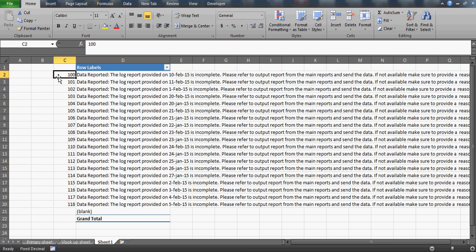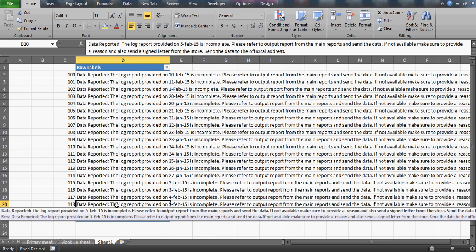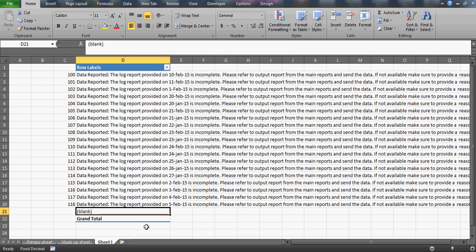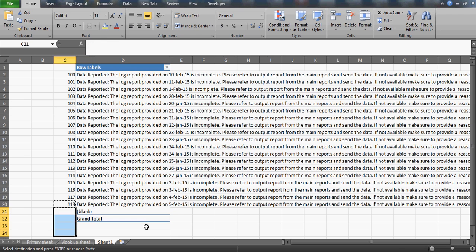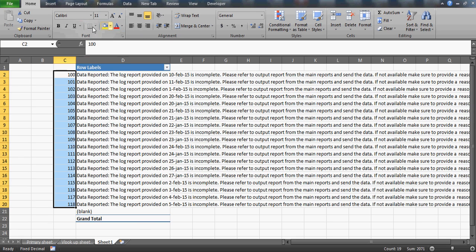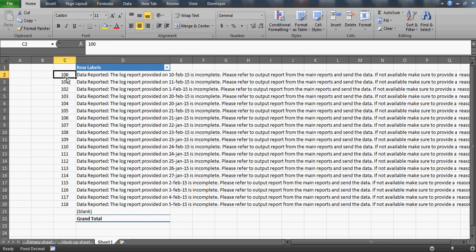So next time, if your data comes, let's say after this 20th row, if you have some more data, then you just need to drag this like this, right? But for now I don't have this data, so I'm just keeping it to these numbers only, and let us align them in the center, right? So these are going to be my numbers, now through VBA